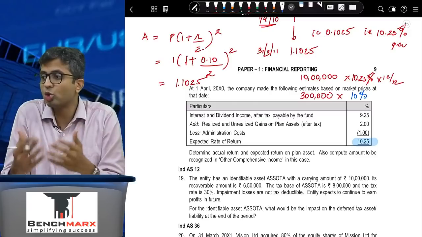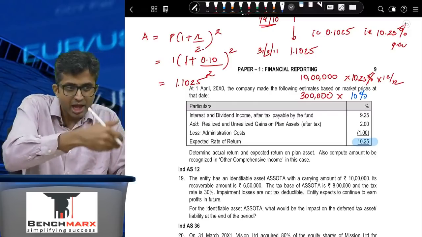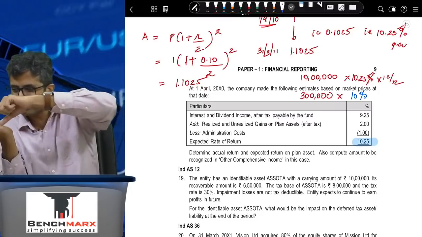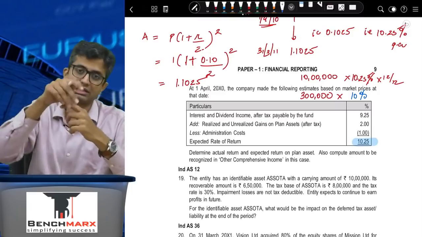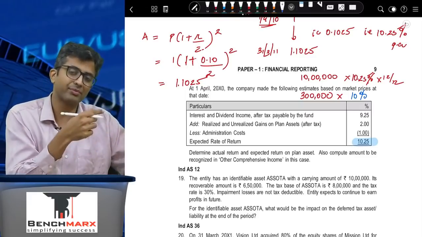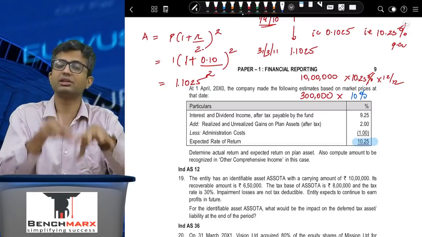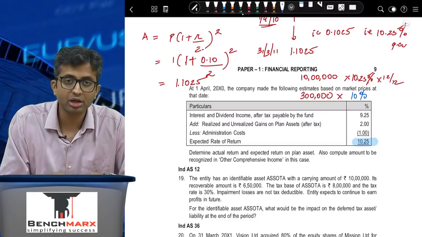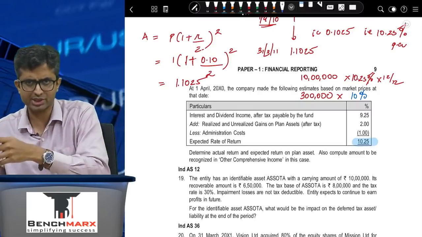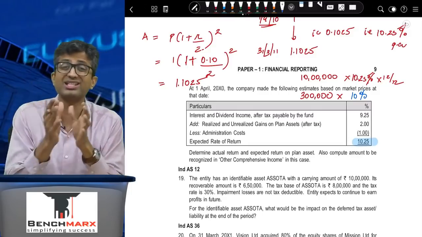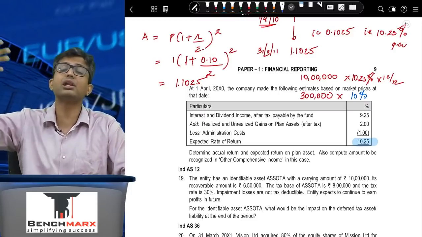Because there is no compounding effect. If it is a 6 monthly compounding, then what you have invested on 1st of April up to 30th September, the interest for the first 6 months gets added to the principal, and then for the next 6 months the principal value would be the interest for the first 6 months plus the principal. On the other hand, if you have received a net 3 lakhs on 30th September, you are going to earn on that only 10% per annum, that is divided by 2, that is 5% for the last 6 months. Sir, then why did 10.25 come earlier? Because there is a half yearly compounding.